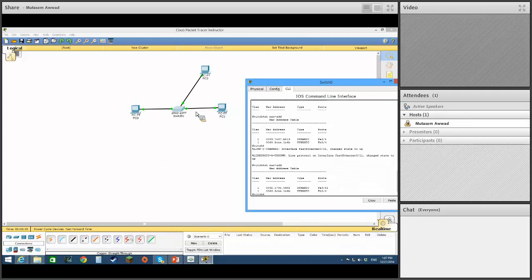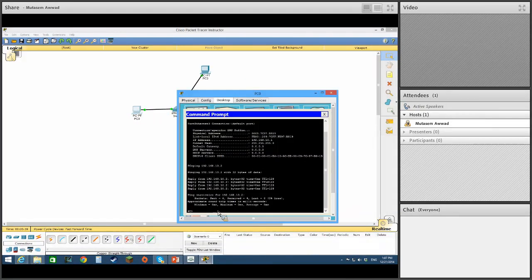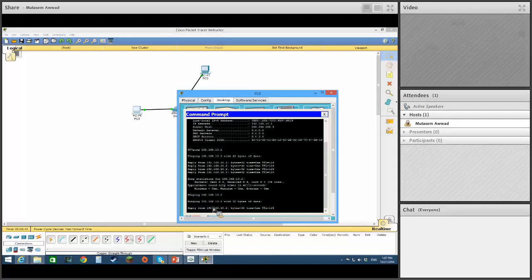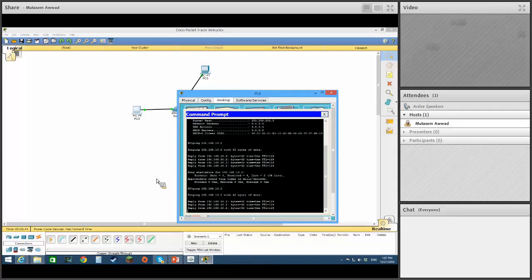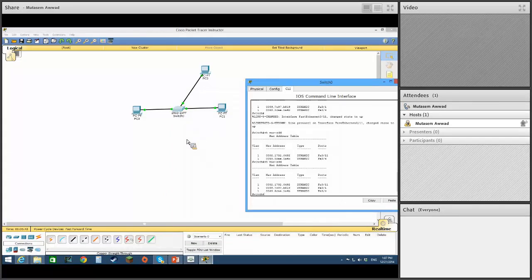Let me go in and now ping again PC1, and now we got 3 of it. Why was PC1 erased? Because you're only there for a certain amount of time in the memory. If you don't send anything out, you're taken out. That's aging. So that's something to remember. Okay. So question number 2: